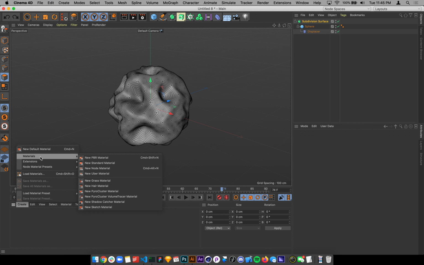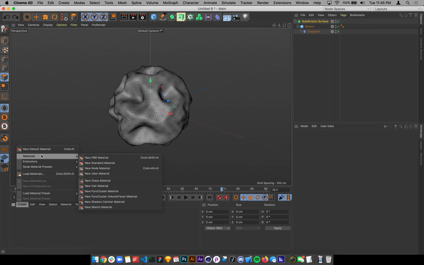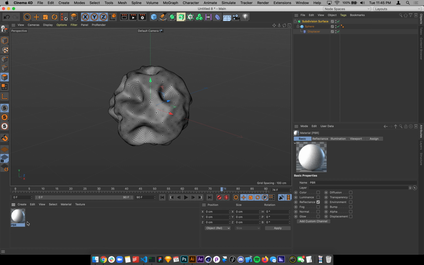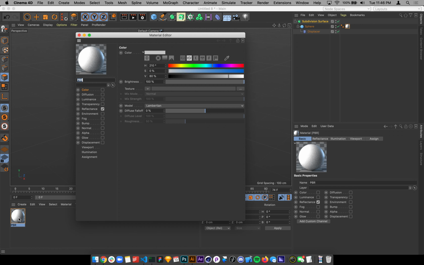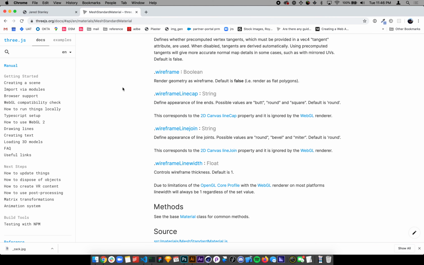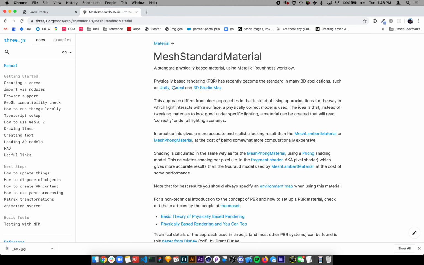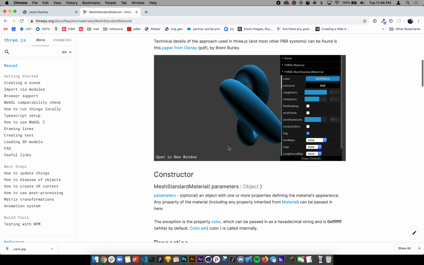Okay, so materials. So there's PBR, which is physically based rendering or something like that. I don't know what it means, but I forget what it means. But this is kind of supported. So this is technically supported in here as a mesh standard material. Physically based rendering, yeah. And this kind of walks you through what the different settings do